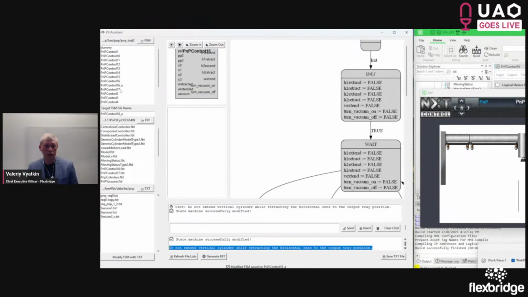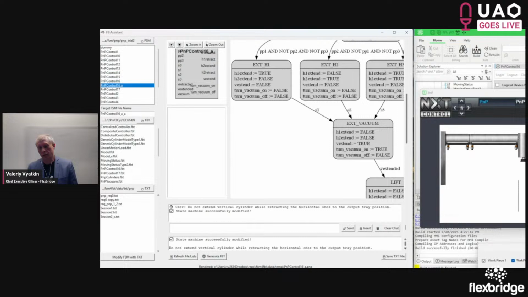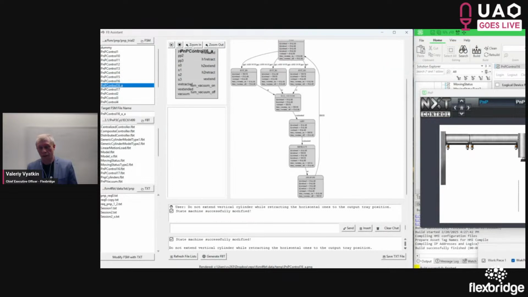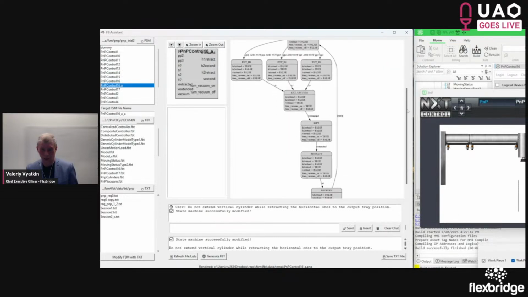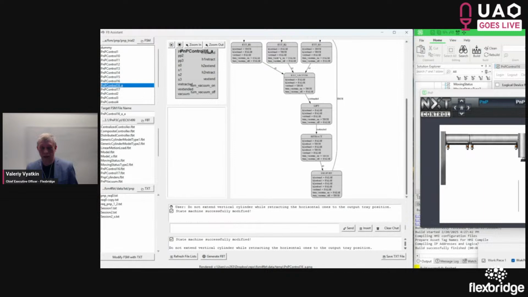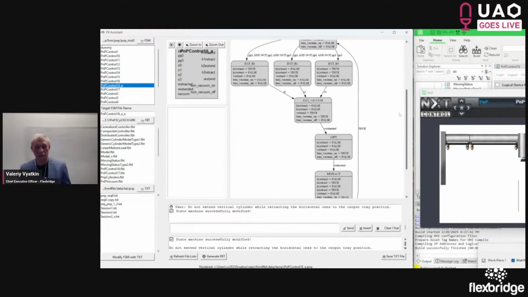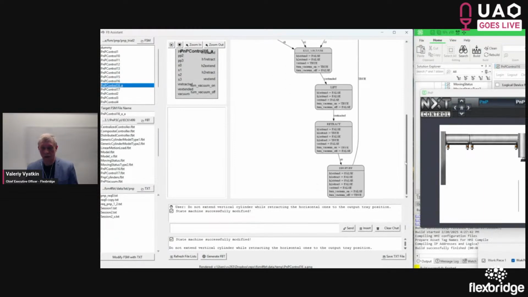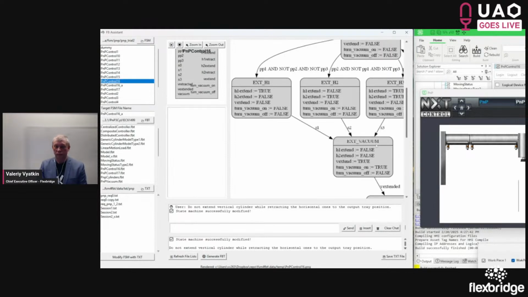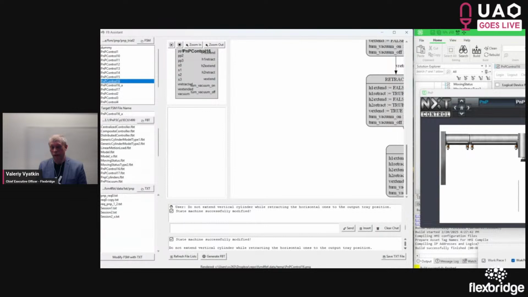In this version 16a, if we check the retract state, here in the retract state, it correctly removed it, it doesn't turn on the vertical extension. Now it is false. So in the previous version that we tested, it was on.